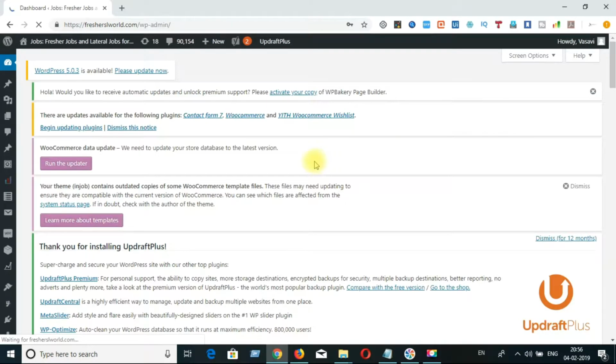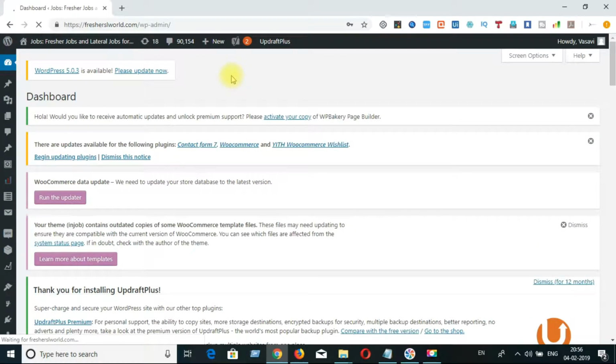After login, you can see the dashboard of the WordPress website. This is the WordPress admin console where you can perform all the WordPress site related admin functions. Here you can see the comment section, or here itself you can see 90,000 comments are there.